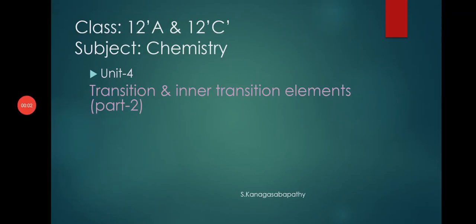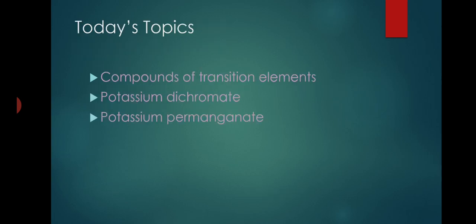Good morning, students. Today we are going to continue the transition and inner transition elements. Our topics are compounds of transition elements, potassium dichromate and potassium permanganate. These are two important compounds that are mainly used in industries and laboratory purposes. We should know the preparation, properties, uses, structure, and other things related to these two compounds, that is potassium